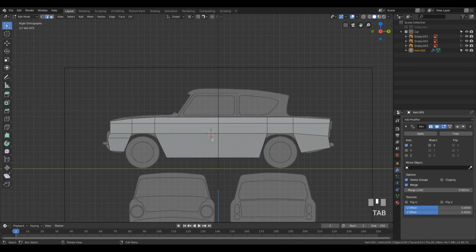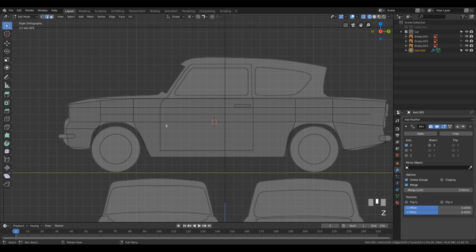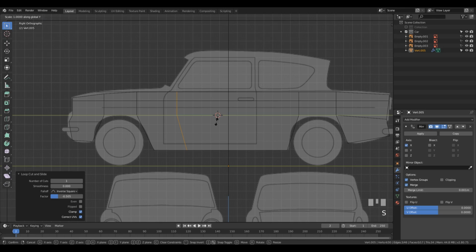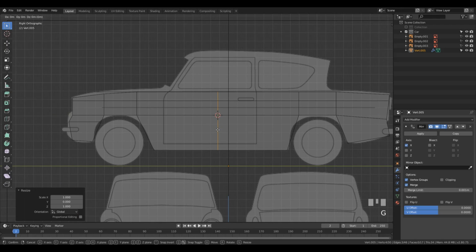So let's go to the side view, let's go into the edit mode and wireframe, and here you can see where the door starts and where the front window basically connects to the hood, and there's where I want to make a cut. So let's make a new cut, and we can straighten it out by scaling on the y-axis. So let's press S and Y and 0, G and Y to grab it and move it all the way